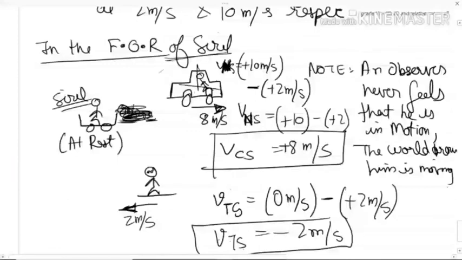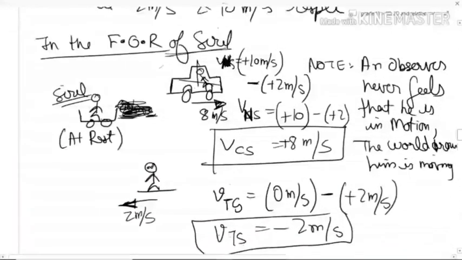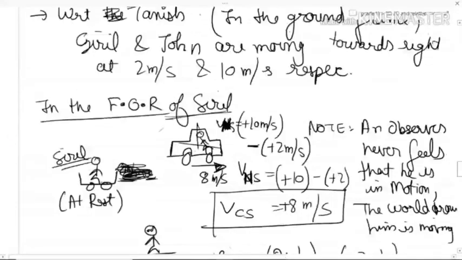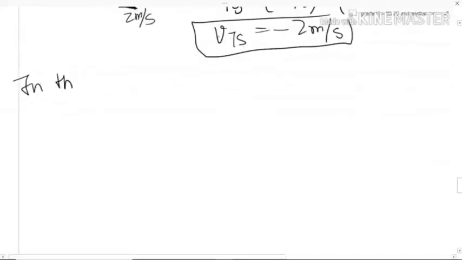So now, Nicolin, now it's your turn. Sit in the car, and observe. Try to observe Cyril and Tanish. Tell me how will you see the motion of these two? So where is the car? The car is over here. When you look back at him, you will see that Cyril is moving backwards. Even Tanish is moving backwards. Because your car is not moving with respect to you. You are at rest, right?